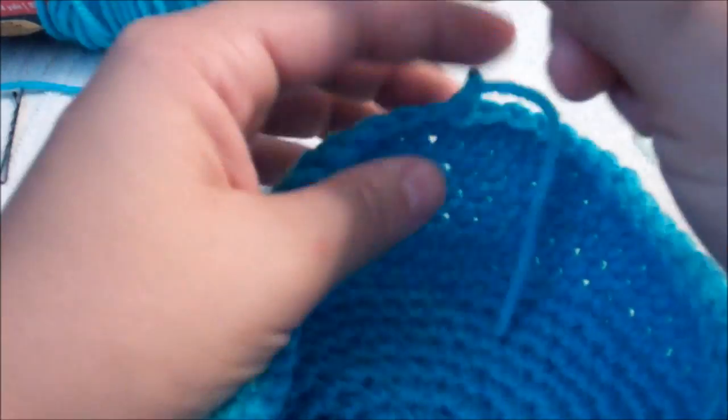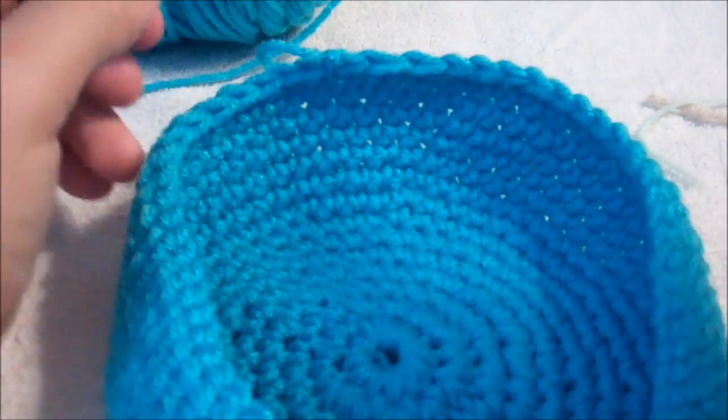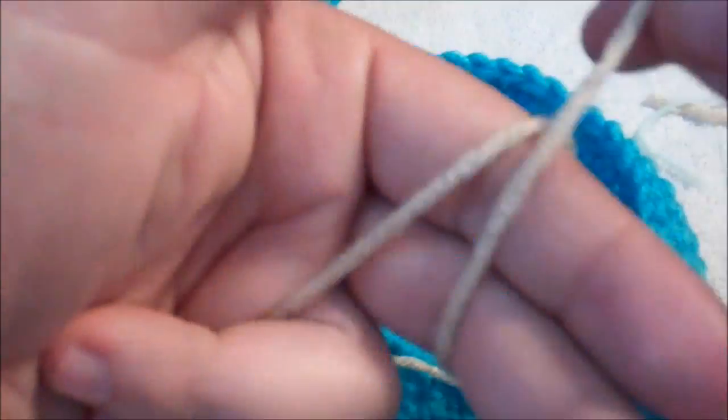And pull it right through. Pull tight, and it gives it a nice little knot, and it won't come loose. And you want to change color, so you're just going to make another slip knot with the lighter colored tan color,